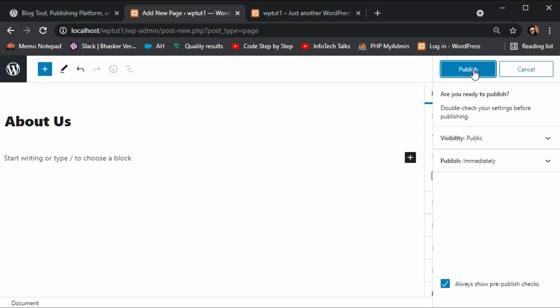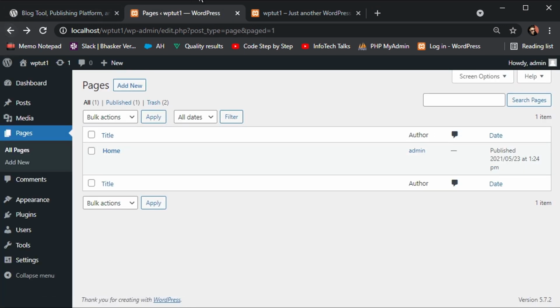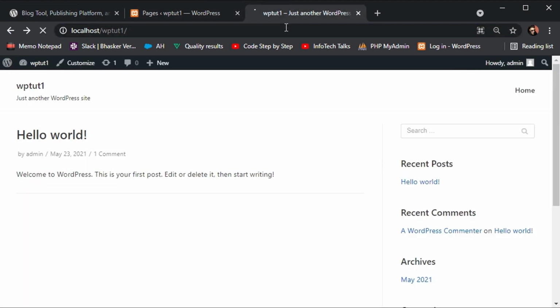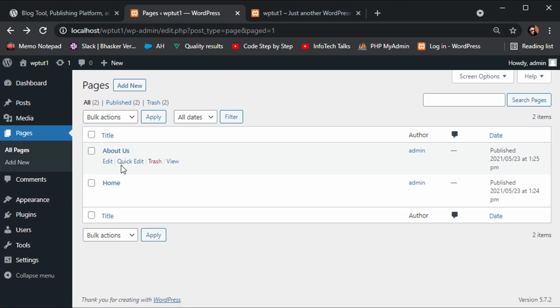Simply publish the page. You can also click on Preview to preview the page, but there is nothing added in this page, so there's nothing to preview. Go back, refresh your website, and you can see the About Us option is also available.